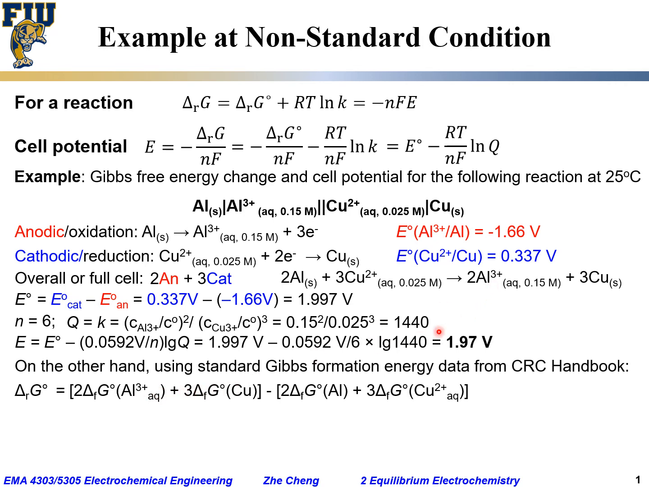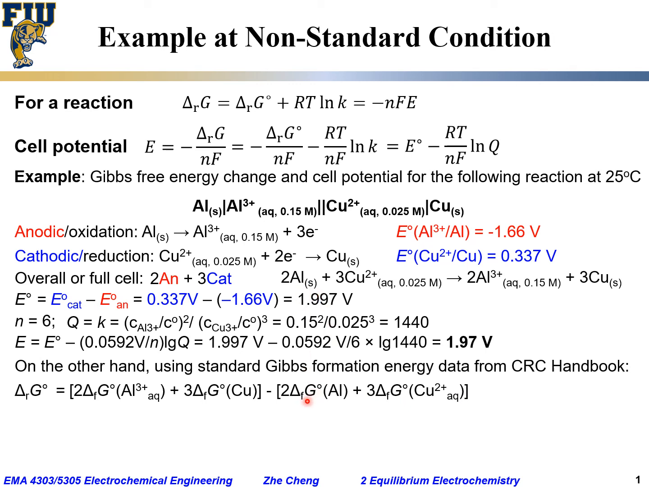aluminum, but don't forget the stoichiometric coefficient of 2, so the 2 would be in front of the ΔfG for aluminum 3+, and the 3 of the formation energy for elemental copper. But for elemental copper it's just 0, so this term would be neglected. And then for total reactant,